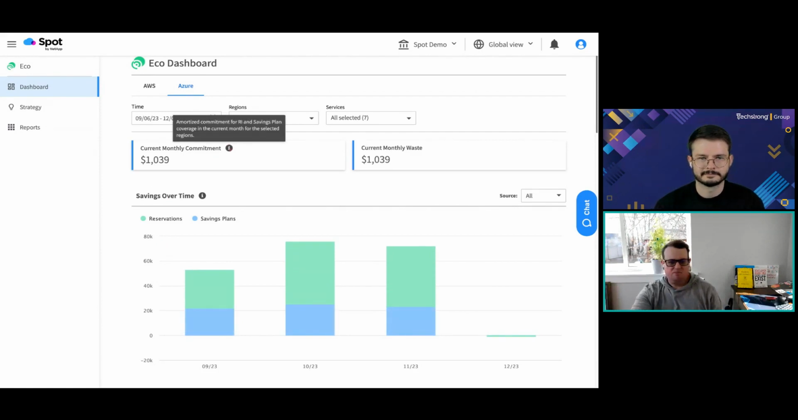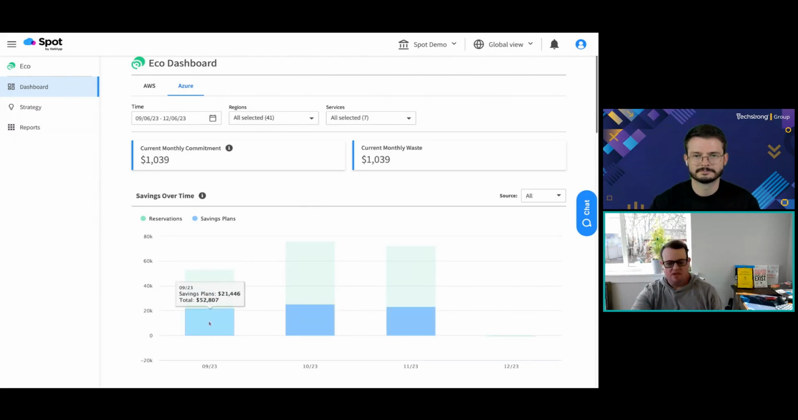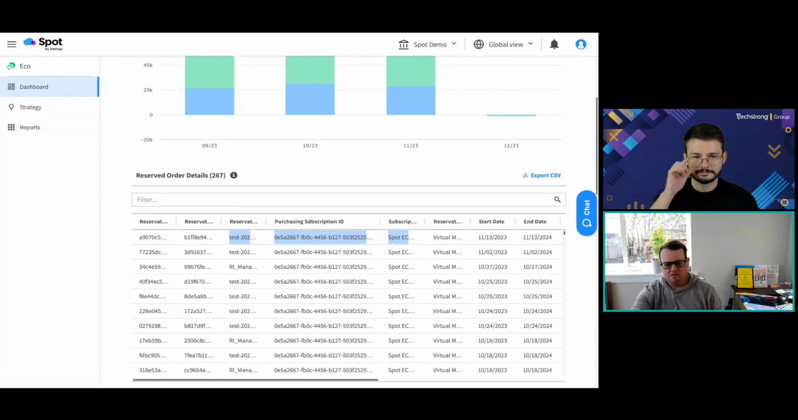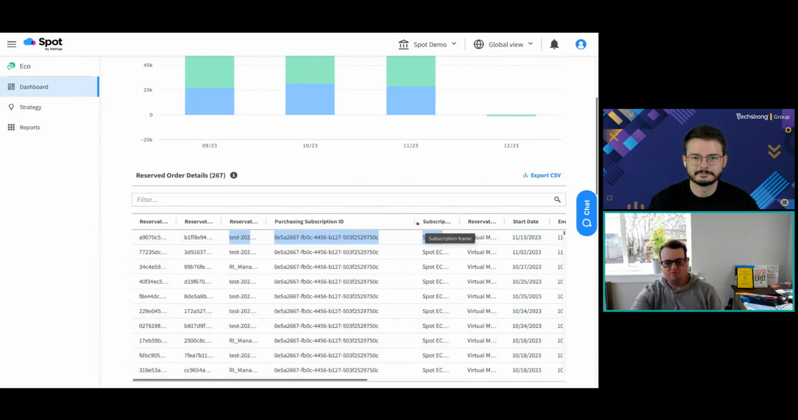And I can see here, this is what my commitments are. This is my amortized commitment for RIs and savings plan coverage in my Azure estate. You can see here I'm using $31,000 of reservations, and I'm using $21,000 of savings plans inside of Azure. Here are the details about how I've acquired them. I can see the reservation ID. I can see the purchasing subscription. These are all going to be the same, but if I had a multiple subscription Azure environment, I could see